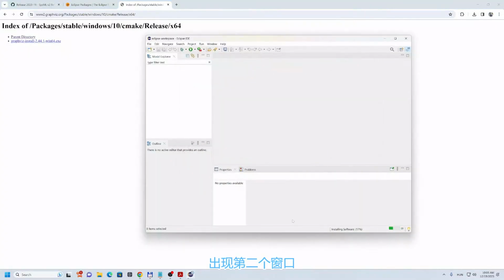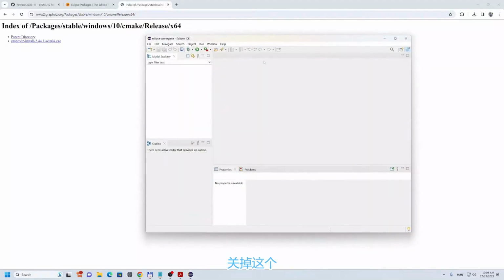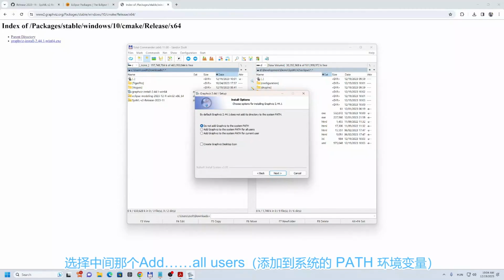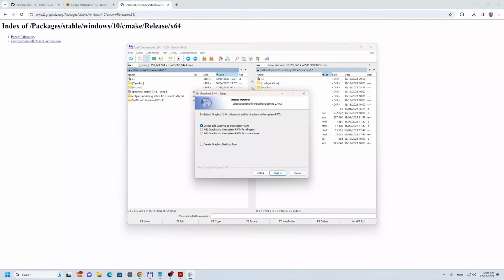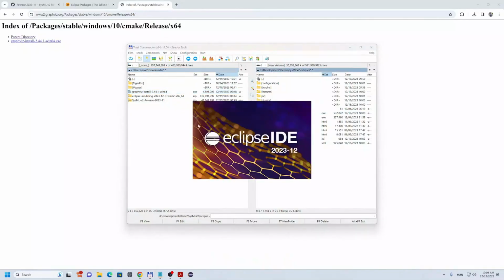And here this is the second window that we were waiting for, and we can press restart, and then Eclipse will start quite fast. So okay, we can close this. So when you have downloaded this executable, you have to start it. It will ask for administrative privileges, and then press agree, and here select add GraphViz to the system path for all users, next, and basically install. Okay, I have it already installed, so I will not install it, but you have to go through this. Then start Eclipse again